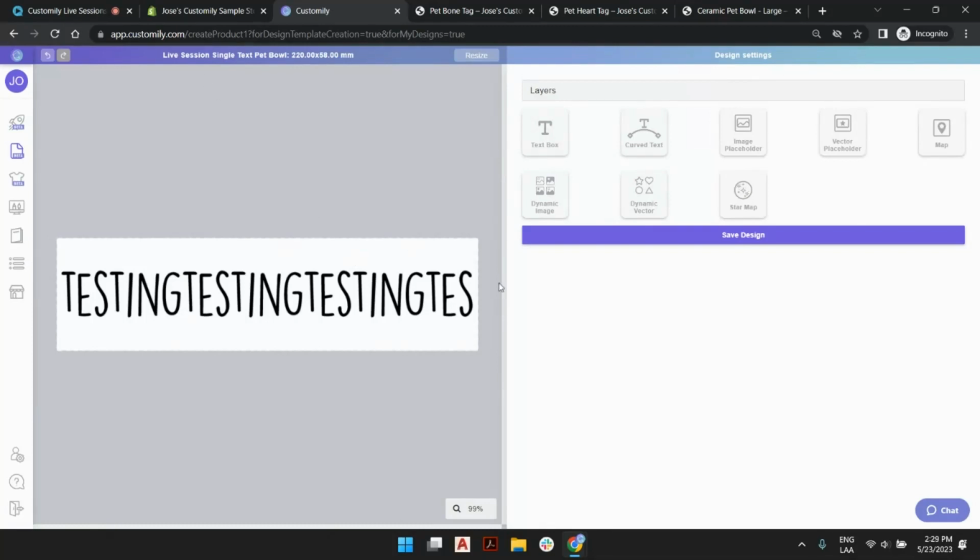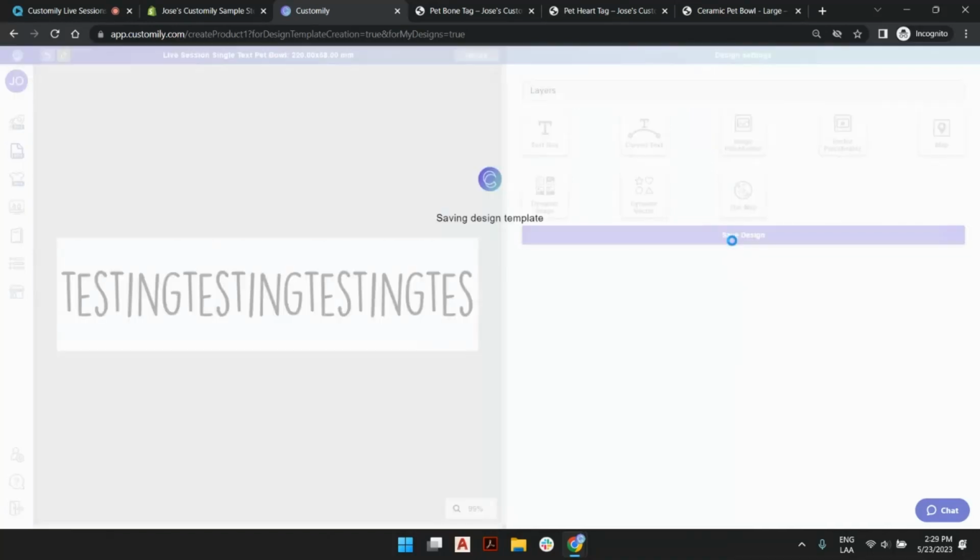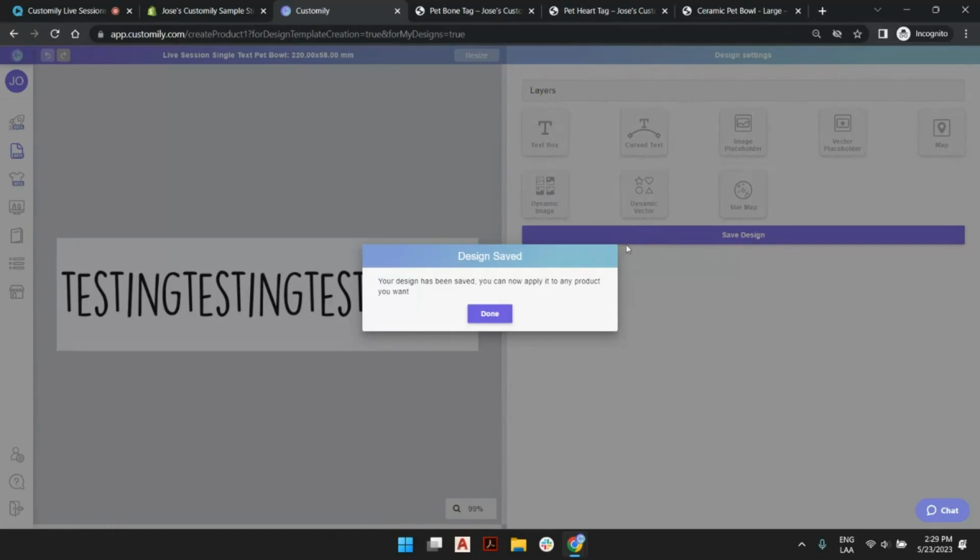So for now, this is going to be our design. I'm going to save it. I don't need anything else for my pet bowl. I'm just going to create this. So now that we have a design,